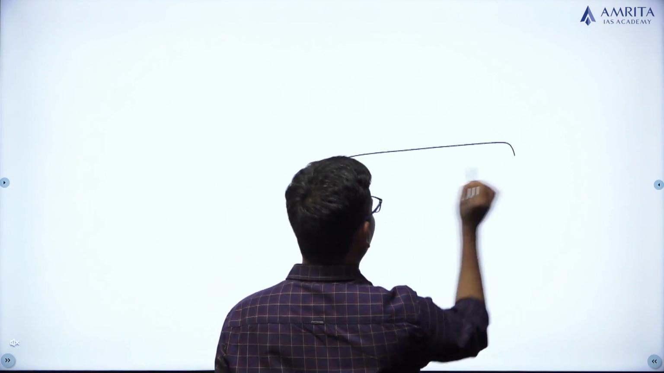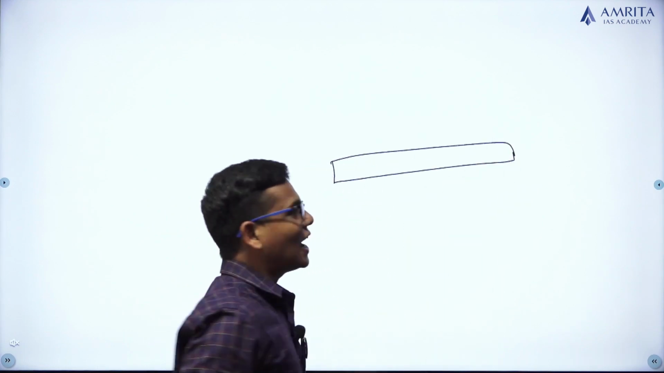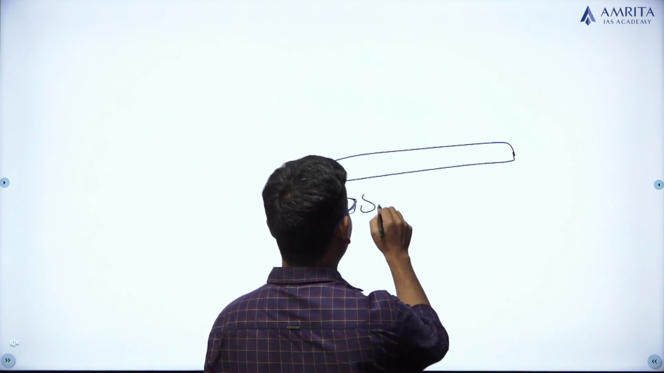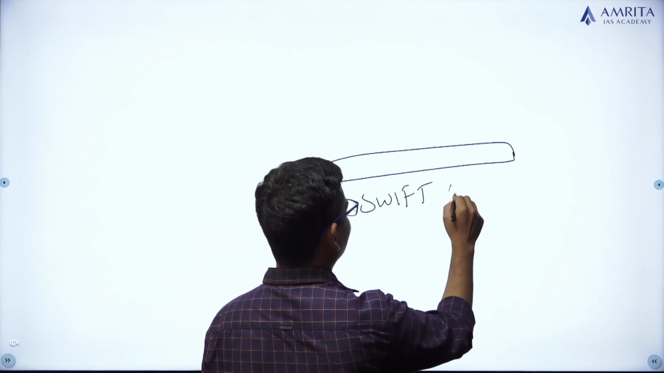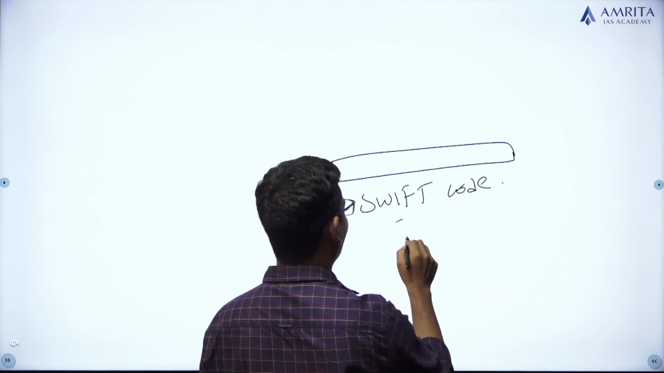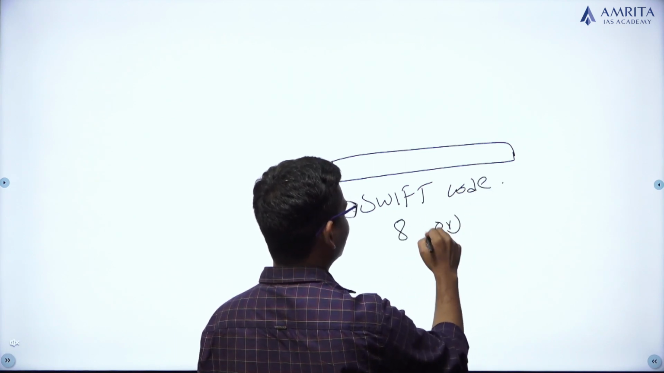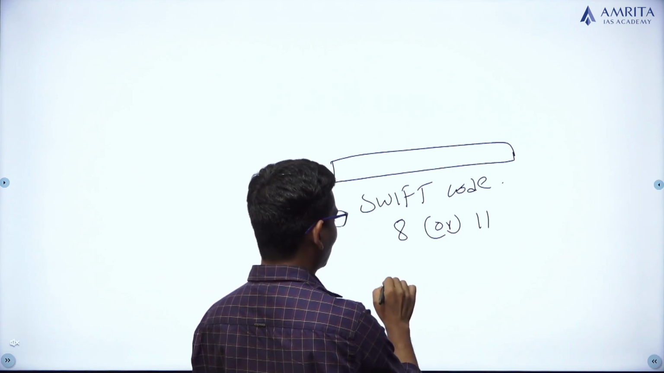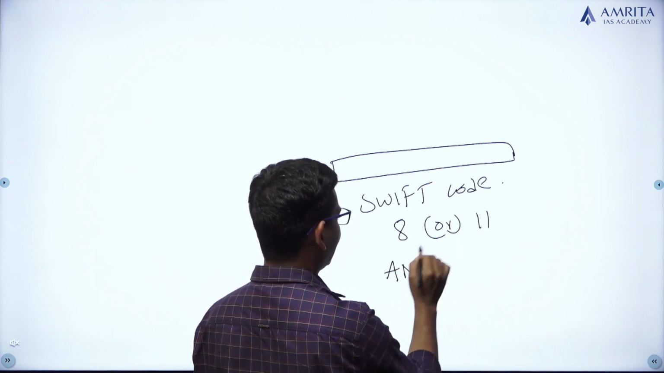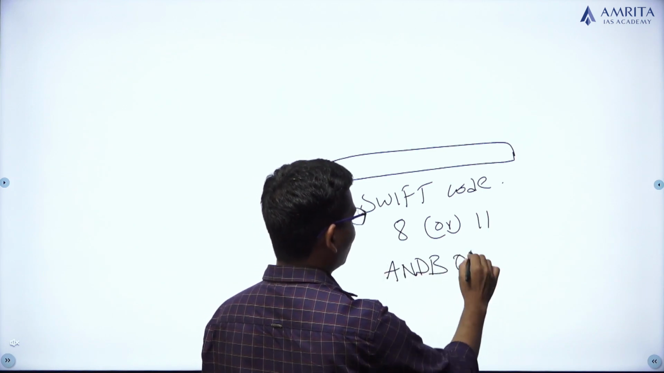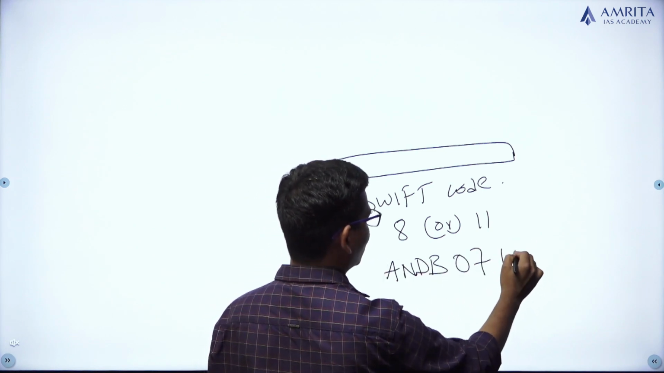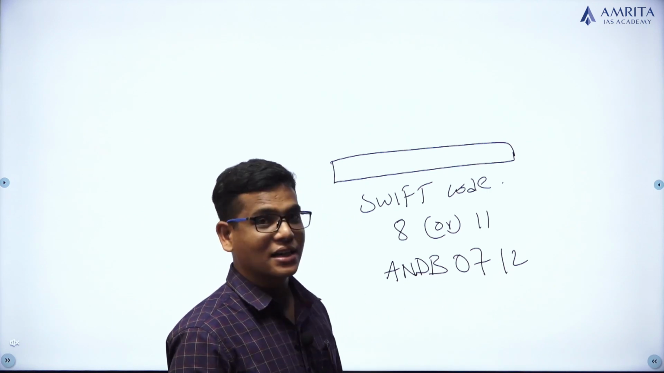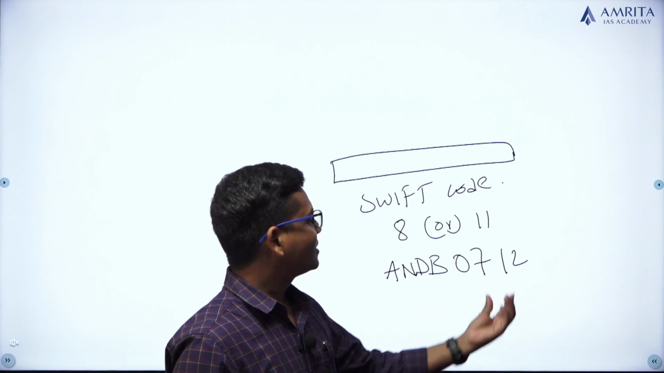they will type that message, and along with that message, in a secure transaction, they will send their SWIFT code. A SWIFT code is 8 letters or sometimes 11 letters. Suppose I am giving an example like ANDB0712. This shows a bank, this shows the country, and this shows the city